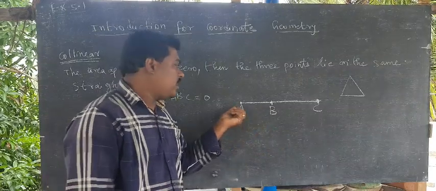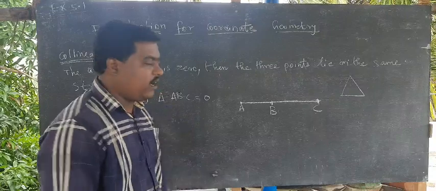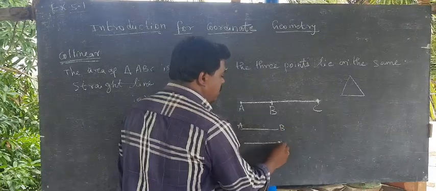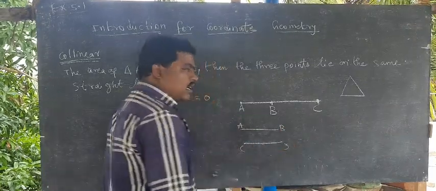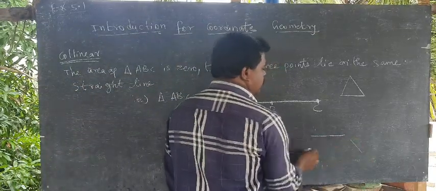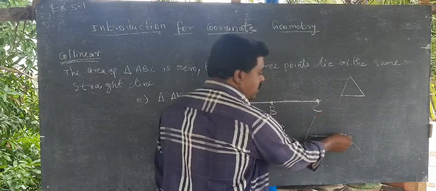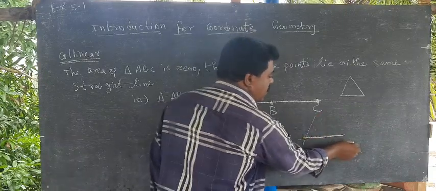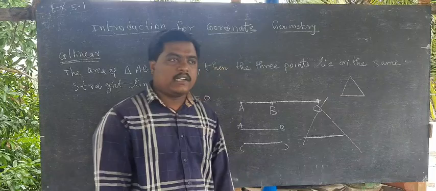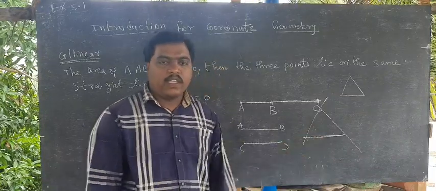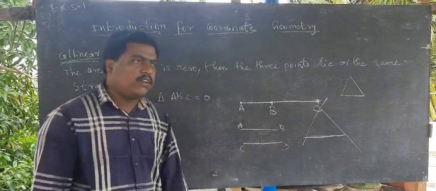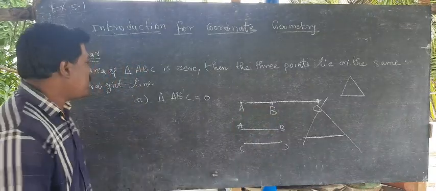The reason is that the points lie on the same line, or the lines are parallel. AB is parallel to CD. This also cannot form a triangle. A triangle means one line like this, another line like this; in the graph this line will intersect this one here, and this will intersect here. We get one triangle. When the 3 lines intersect each other, we get a triangle. Without intersecting, with parallel lines, we cannot get a triangle. So like that, that is called collinear.